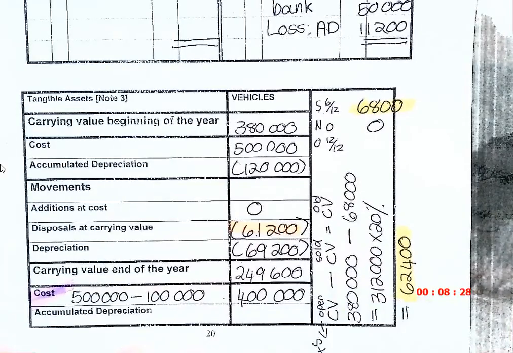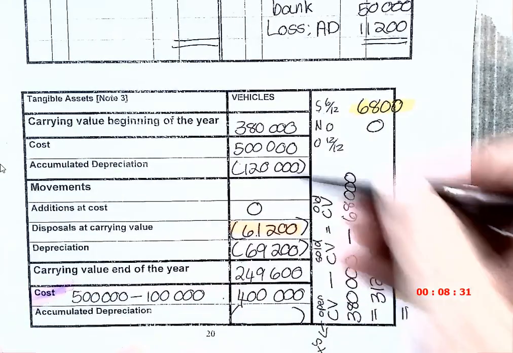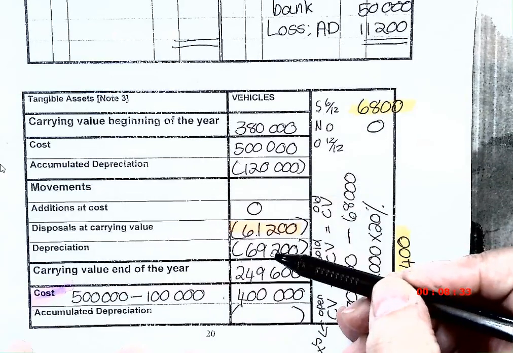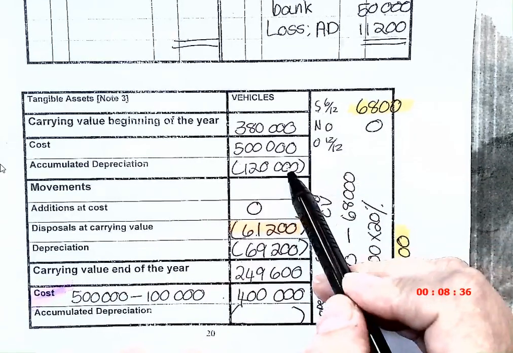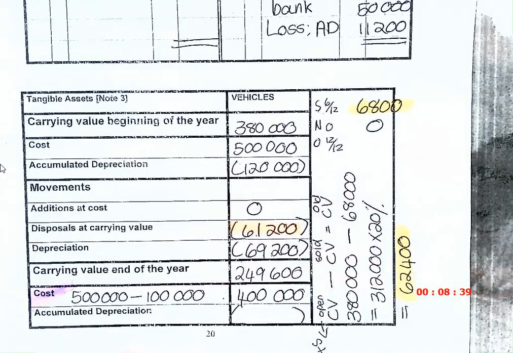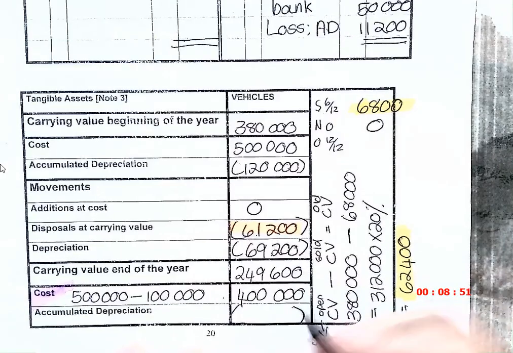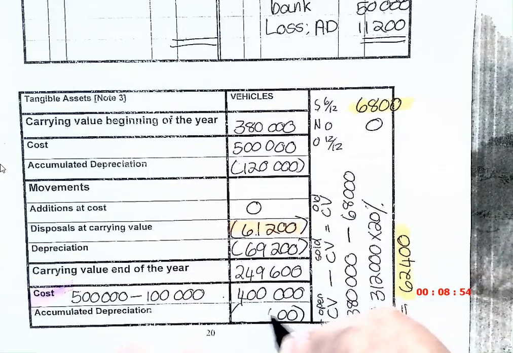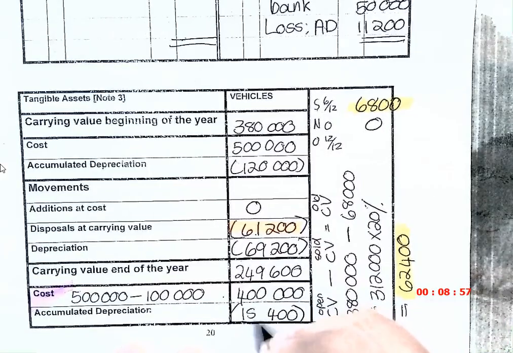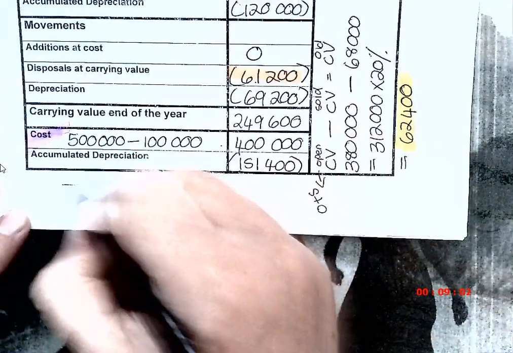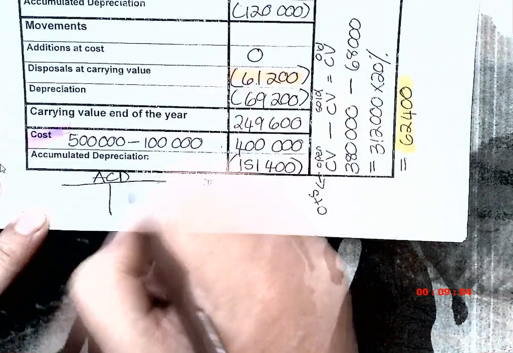And then I say, what's my accumulated? You cannot say 120 plus 69, because remember that 120 includes the one that we sold, and I must subtract the accumulated depreciation of the one I sold. So you can't just add them. You have to do it this way, ne? Which will give me what? 151. Or if you don't want to do it that way, you draw a little T for yourself, accumulated depreciation,